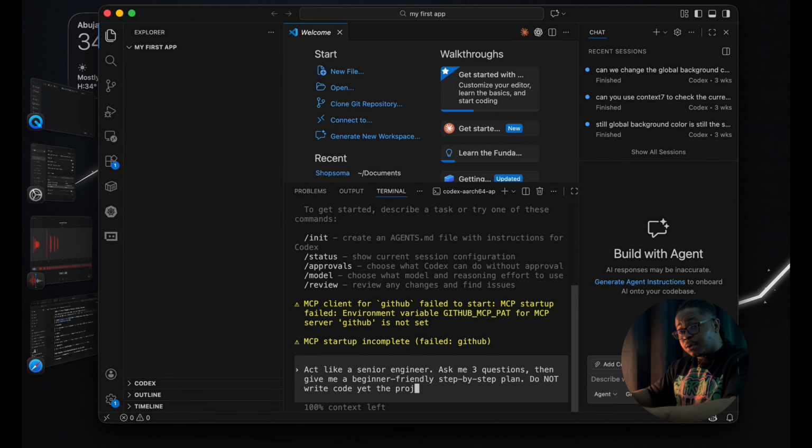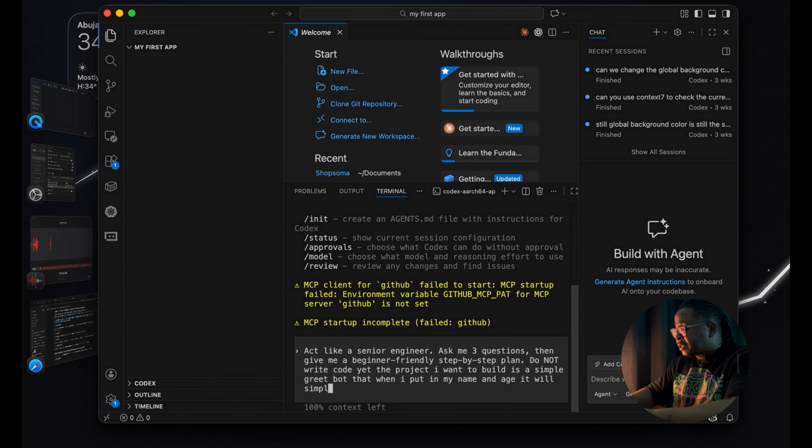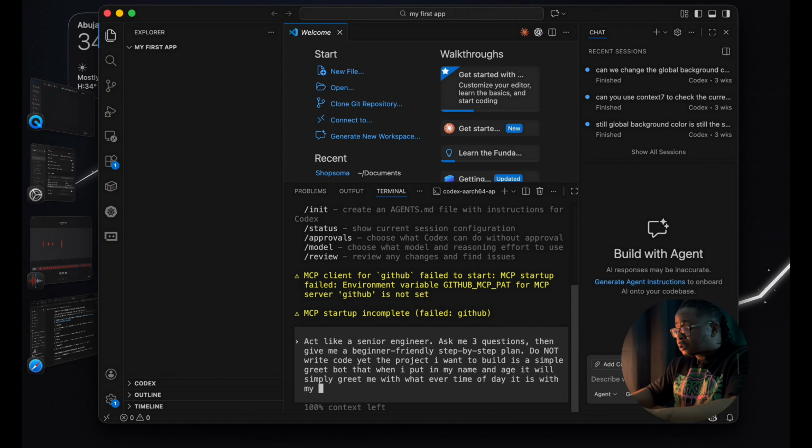Good. Then I'll go ahead and say, the project I want to build is a simple greeting bot that, when I put in my name and age, will simply greet me with whatever time of day it is with my name.